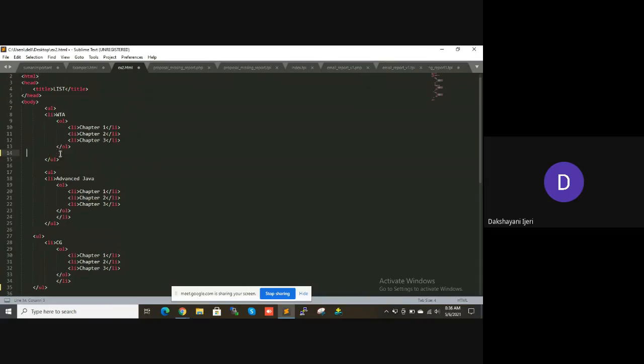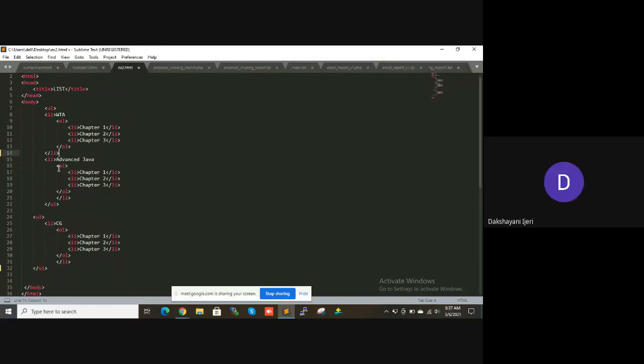Not that. Close LI after that OL, close LI, and remove that closing of UL there, immediately after LI. And again, remove this opening of the UL before the Advanced Java.